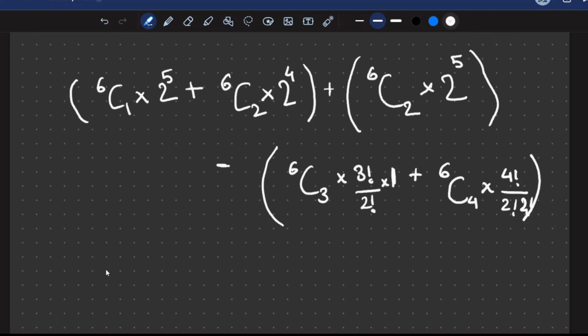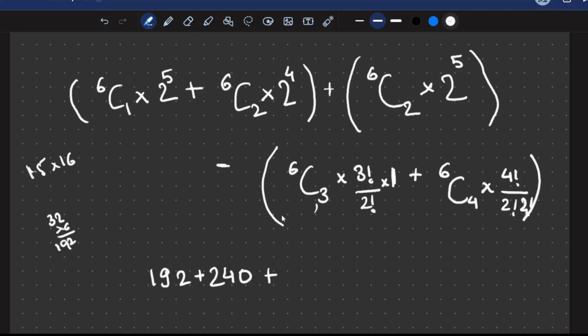I'll only be doing the calculation part. So this is 32 times 6, right? 32 times 6 is 192. So it will be 192 plus 6C2 value is 15. 15 times 16 would be 30 times 8, which will be 240,